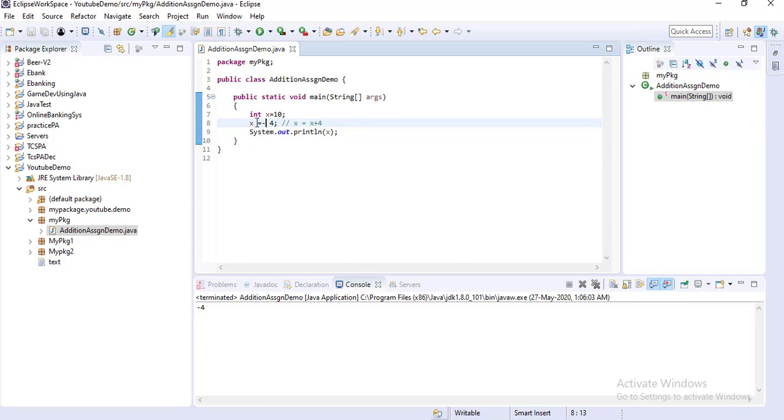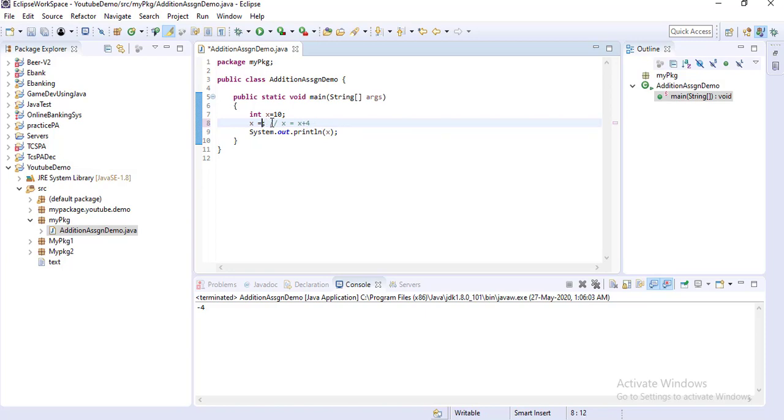Basically x equal to minus, there is no such operator in Java. Okay, so minus equal to means that is the subtraction assignment operator, that is one arithmetic operator. Okay, that belongs in Java, but equal to minus, no such operator in Java. Okay, and the same thing if you do for suppose x equal to 10.